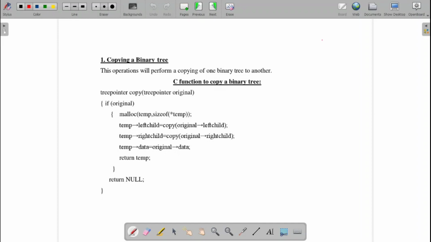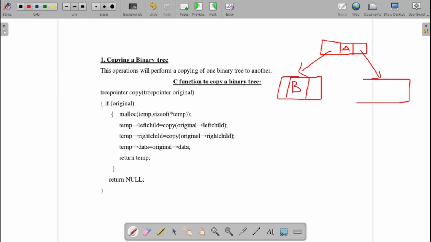Let me have a binary tree which is represented using the doubly linked list in this pattern. A will have two children, B, and the right child, let it be C. B will have only a right child, let it be D. So this link field is null.